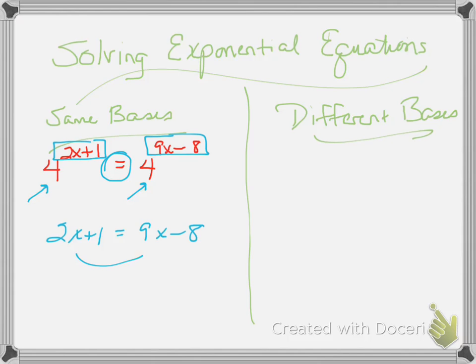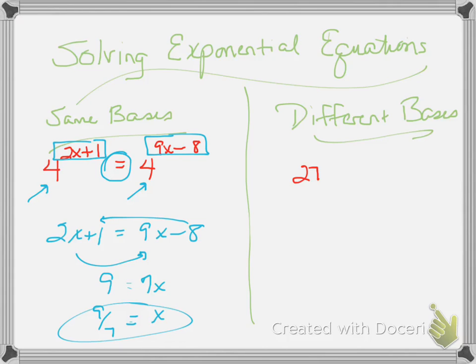After we move all the x's to one side, maybe move all the numbers over here, 7x equals 9, x would equal 9 over 7. So that's probably the easiest case. The second case would be if they have different bases. Let's say, for instance, that we're looking at